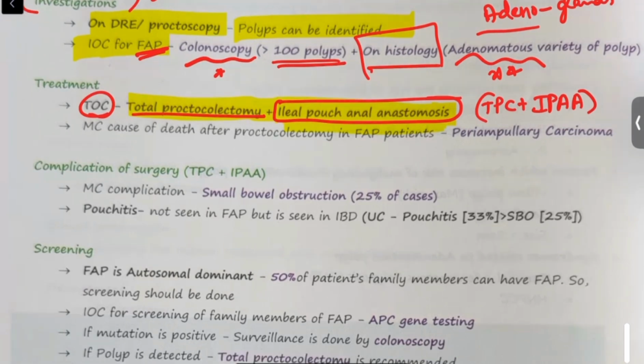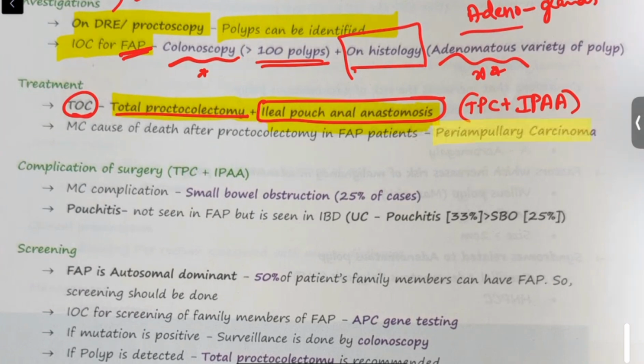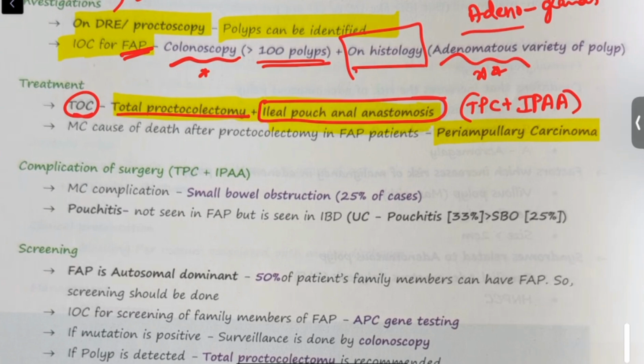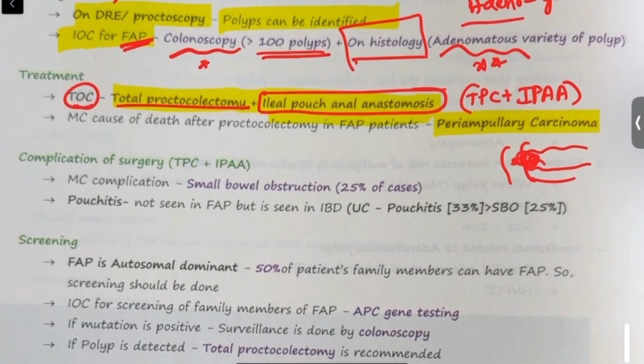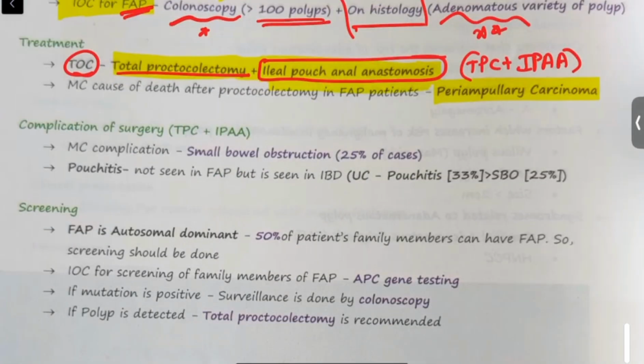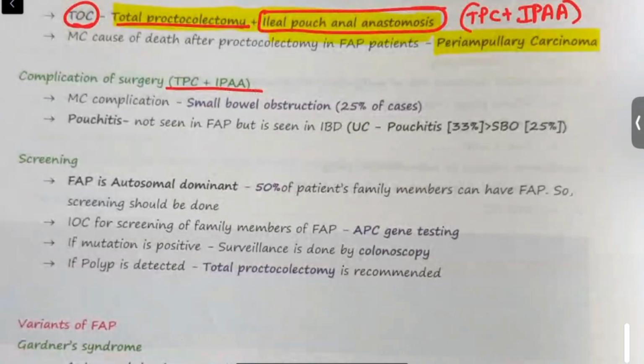Okay, so most commonly even after this treatment, if the patient dies, that will be because of periampullary carcinoma of the pancreas. So from the GIT there is pancreatic spread, because the pancreas is in close association with the GIT, in the second part of the duodenum. So probably this will spread to the periampullary region of the pancreas, and that will cause death in these patients. Okay, so what complications occur? If we remove the entire large intestine, then the most common complication